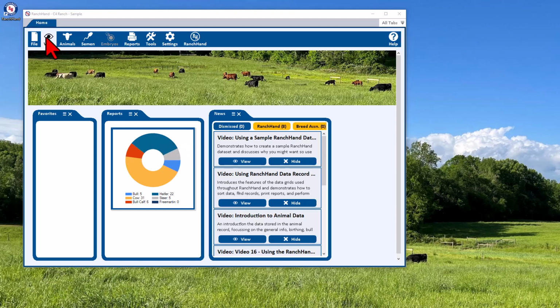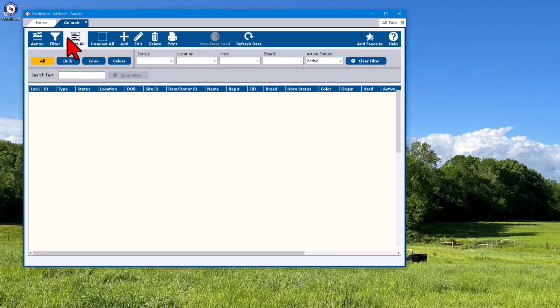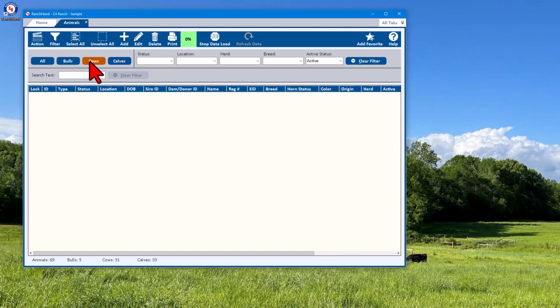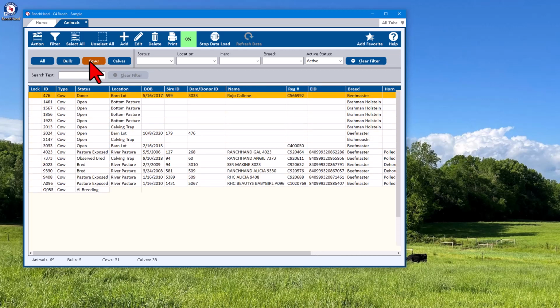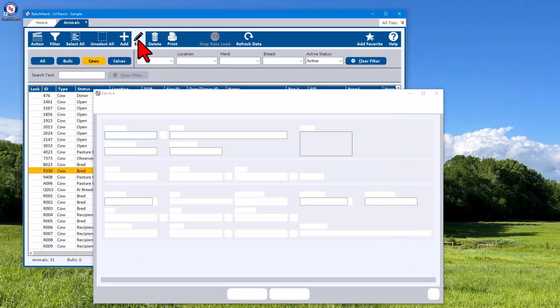Our next icon or button is our most important. It is the animal. I'm going to click on this and we get our animal grid where every row represents a single animal. And we can go through here. We can filter on cows. And when you double click or edit a cow, let's take 9330, I can either edit or